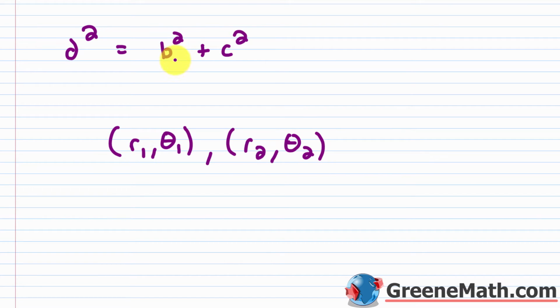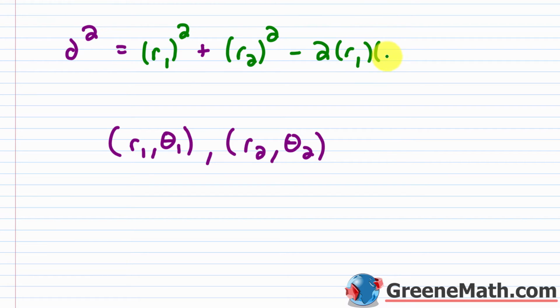So what we're going to do is we're going to plug in, instead of the b and the c, I'll go ahead and just say this is r sub 1. I'm going to put this in parentheses because it gets kind of messy. So r sub 1, that's being squared. And this one will be r sub 2, this is being squared. It does not matter which point gets labeled as which, and I'll explain why that works out in a moment, okay? So then you're going to put the minus here, and then 2 times, again, it's these guys. Remember, with the formula, it was 2 times b times c. It's basically those 2 known sides. So I would say times r sub 1, and then times r sub 2, and then times cosine of the